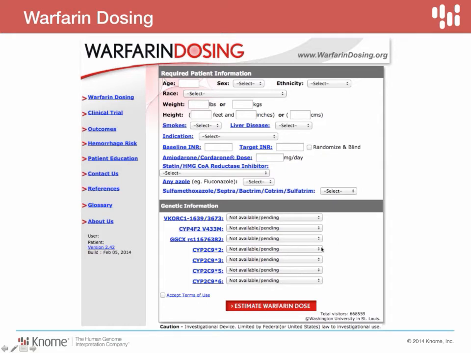This whole complex algorithm includes 7 variants across 4 different genes, and all of these clinical traits, one way or another, factor into any kind of suggestions that might come out of this. I'll point out that they have their own cautionary note about this being an investigational device.